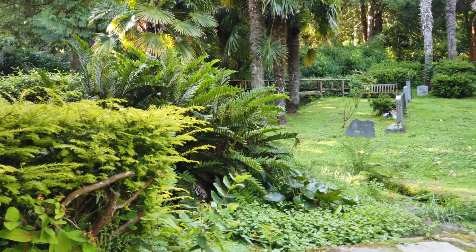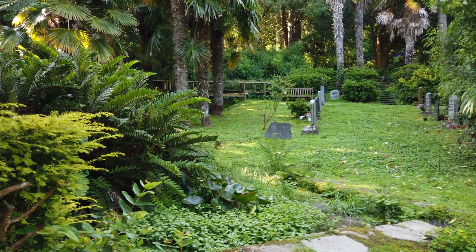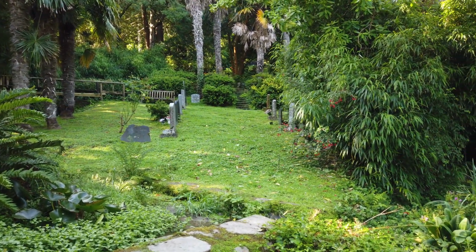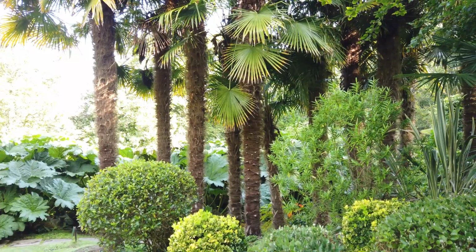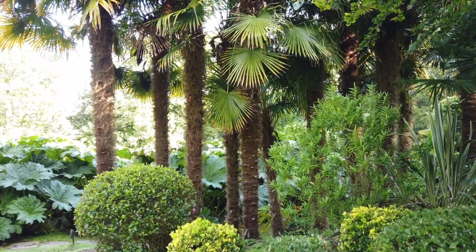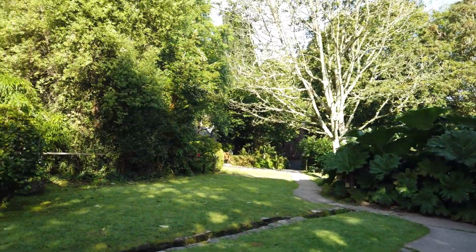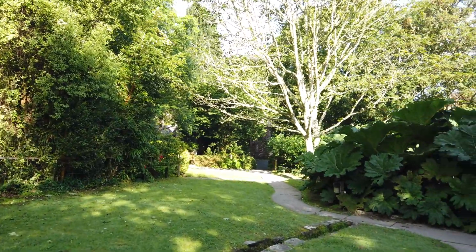It's got to be said that this is probably one of the nicest graveyards you could come across. Palm trees, ornamental gardens. Not a bad place to end up, really. Wow, let's look at this. Now this is a nice cemetery,